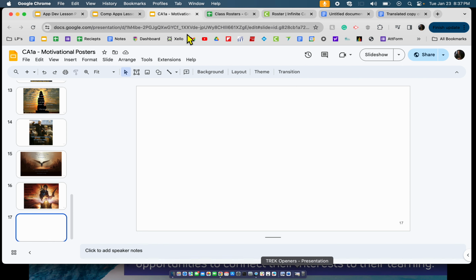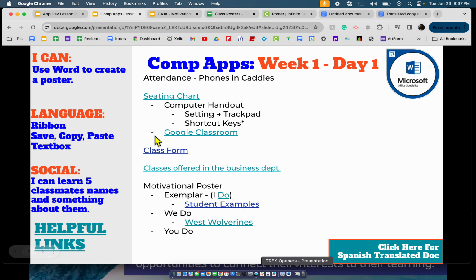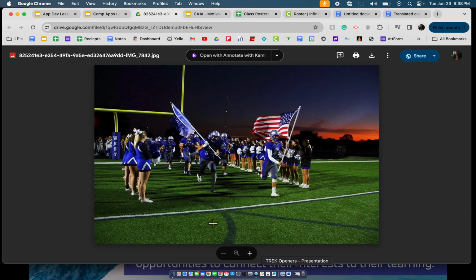So, to get this project underway, what you're going to do is go to the lesson plan and select West Wolverines. This is the picture we're going to be using today. I'm in Chrome. Many of you are probably going to be in Safari, but you'll see a download button. When you click the download button,